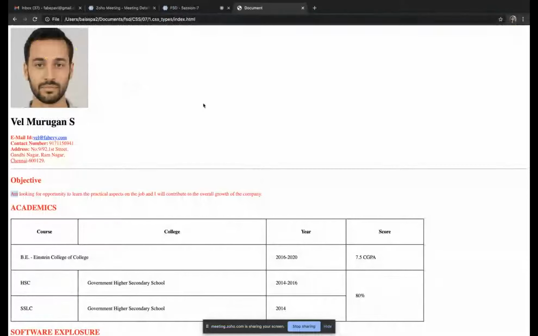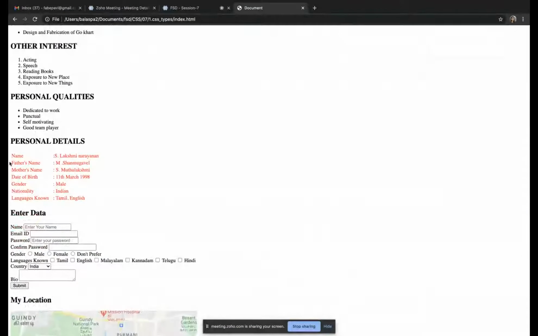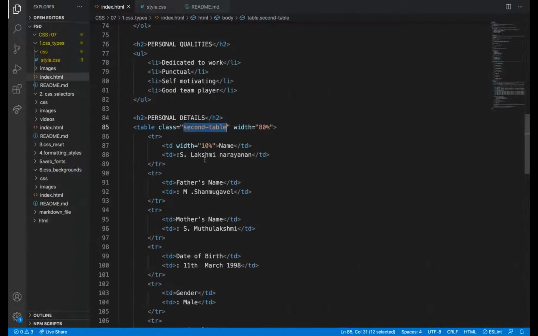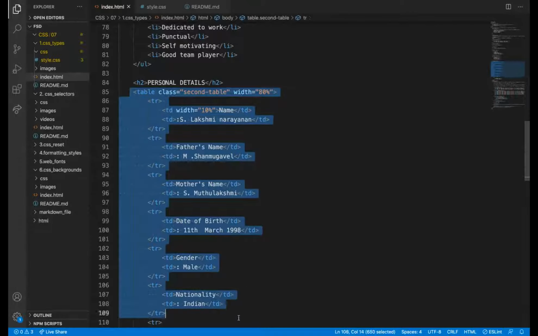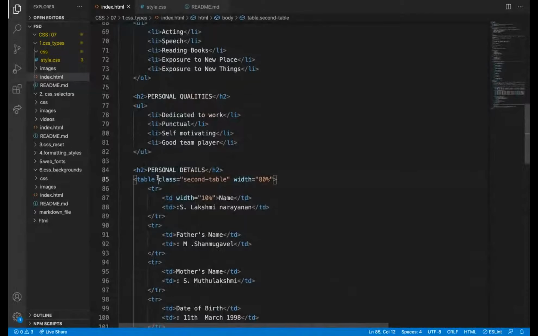So TD for the first table, it is not applied. This has been written in the table format, but we haven't given border and everything. We can check. See, personal details are given in the table format. Since we haven't given the border, we did not know it as a table.